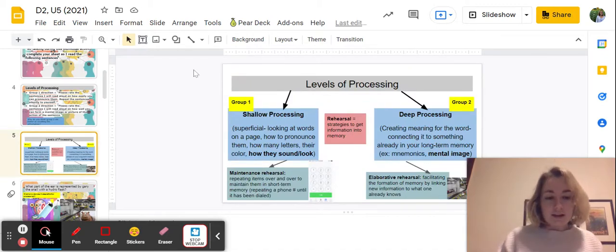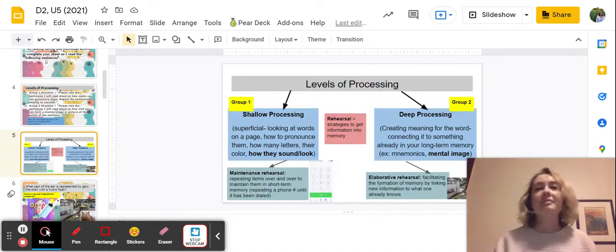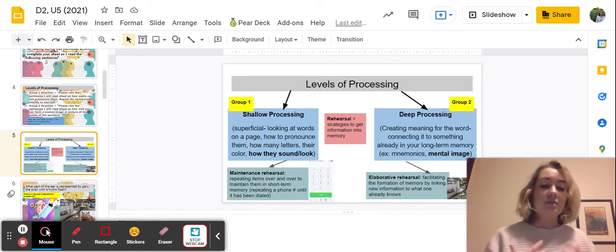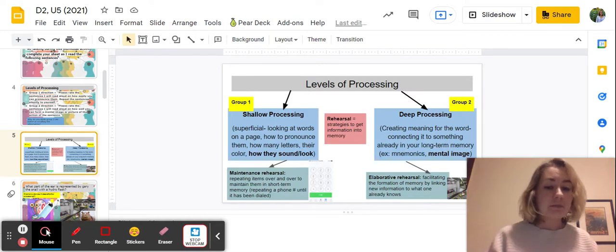There is a theory in the world of cognitive psychology called levels of processing theory. It basically says that there are two ways that we process information. One involves more deep, meaningful processing of information that's going to create a more long-lasting, durable memory. And then there's shallow processing, which is not going to create as strong of a memory. Shallow processing involves superficial,